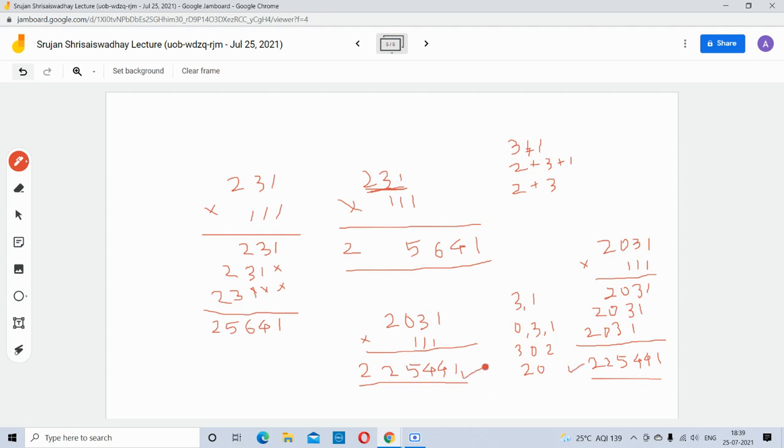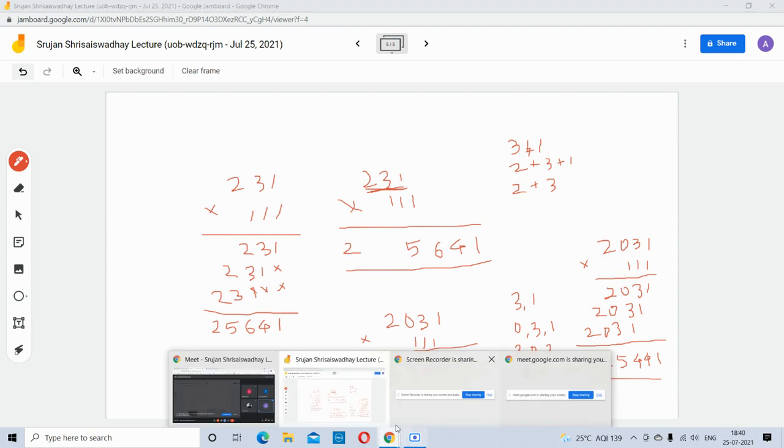So this is how you will be getting the multiplication with number 111. So we will stop here, and in the next lecture we are going to see the other multiplication techniques with the help of this kind of